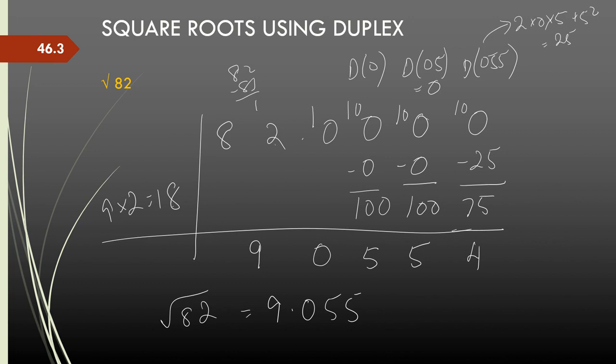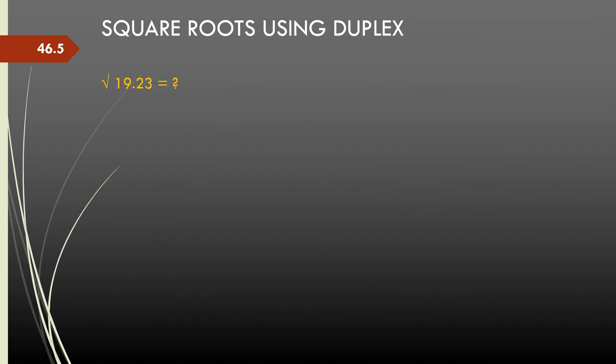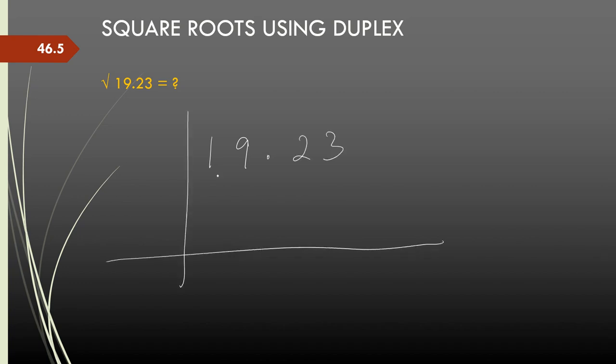Let us look at one more example. Let us say we were looking at square root of 19.23, to see how we can evaluate square roots of decimals. So, 19.23. There are only 2 digits before the decimal, so the answer will have 1 digit before the decimal. The square root of the perfect square less than 19 is 4. So, 19 minus 16 is 3, that is carried forward. So, 4 into 2 is 8. 32 over 8 is 4.